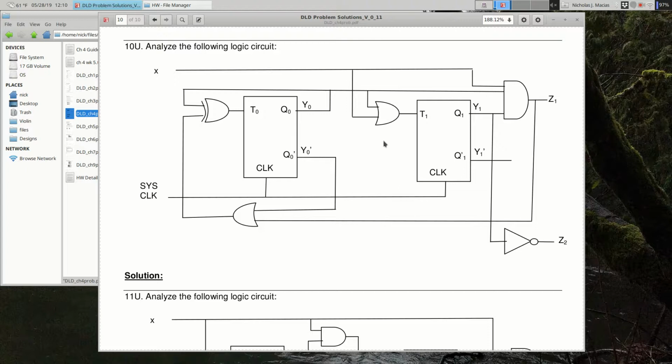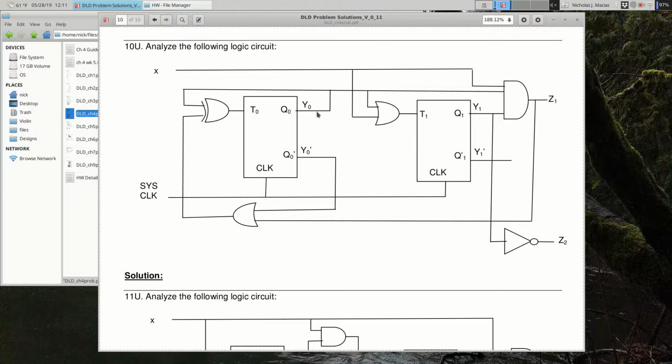So let me scribble some equations down here. T1 is not too bad. T1 is an XOR gate. One input is X. The other input is Q0. So T1 is X XOR Q0. T0 is a little monstrous. T0 is an XOR gate, and one input is Q0. So I'm going to write T0 equals Q0